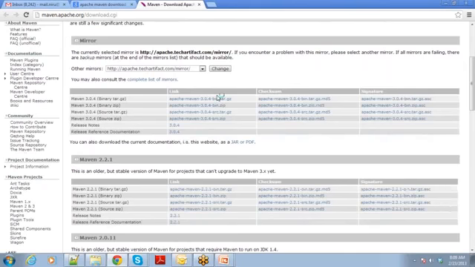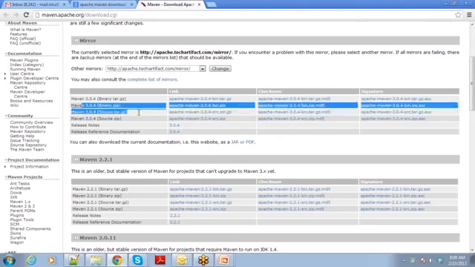And here, what do you need to download? Always download the binary part of it. That's how you can use Maven. If you want to extend Maven, add your own functionality to Maven, you have the source available, but I think at this point of time you are learning Maven, so download the binary zip file. You need to download this one onto your machine.